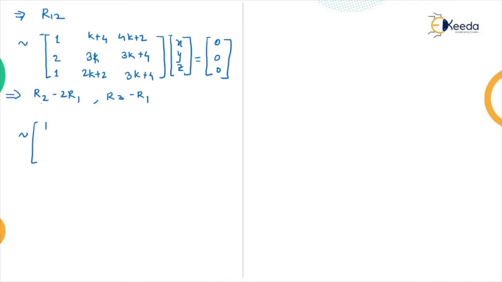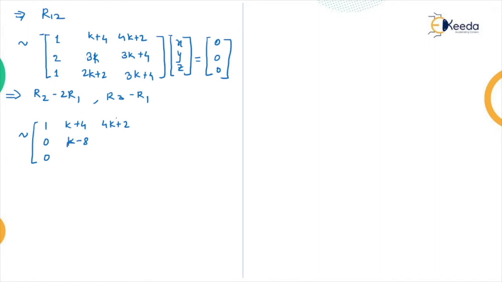Here if we perform R2 minus 2R1, below the 1 element all elements are 0, so nothing will be changed in the first row. That's why this is k plus 4, and I'm writing here 4k plus 2 as it is. Now the change in the second row, guys. This is k minus 8. Also there is a change in